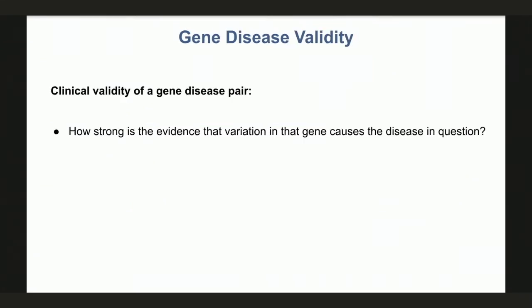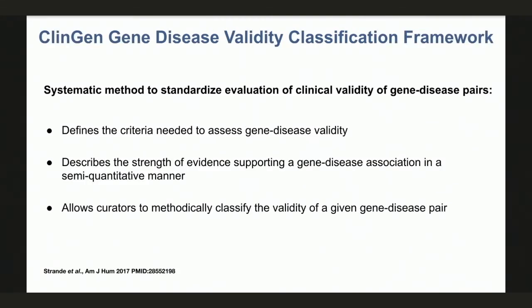In order to assess the clinical validity of a gene-disease pair, one must consider how strong the evidence is that variation in that gene causes the disease in question. As one of its goals, ClinGen's Gene Curation Working Group has developed a framework to standardize the approach to determining the clinical validity of a gene-disease pair. This framework defines the criteria needed to assess clinical validity. It quantifies the evidence supporting the gene-disease association, and it allows the curators to methodically classify the validity of a